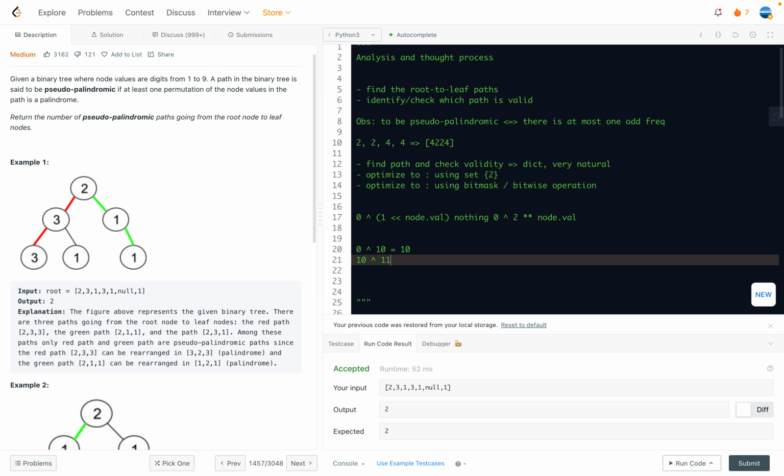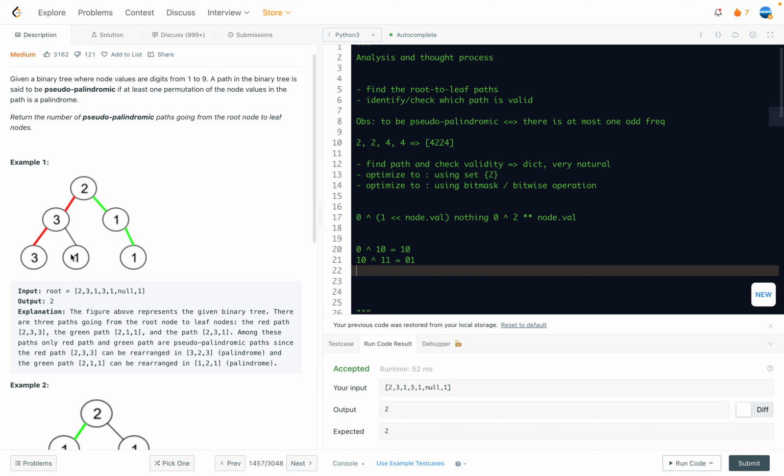Then in this way you are going to get 0 1, right? Then you have another 3, so you do 0 1 with 1 1, so you get 1 0. So overall, only 1 bit position corresponds to a set bit. So this means the number of odd frequency counts is 1, right? So in other words, this is a valid